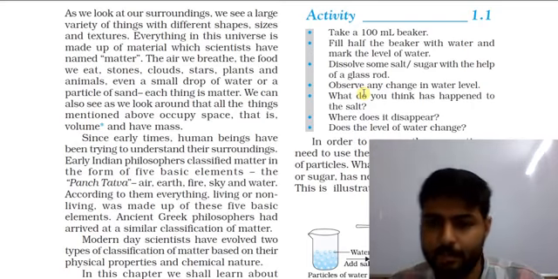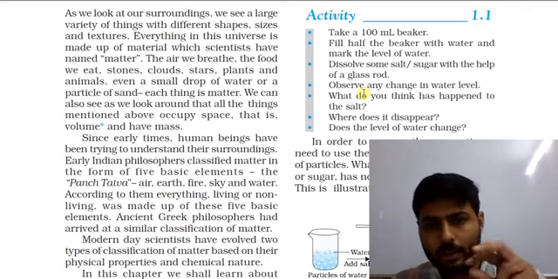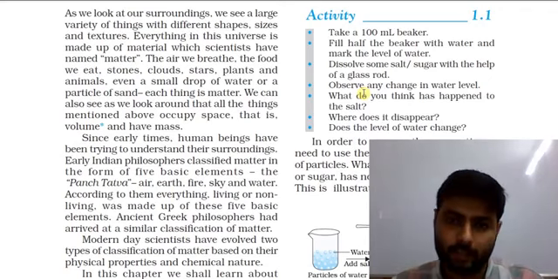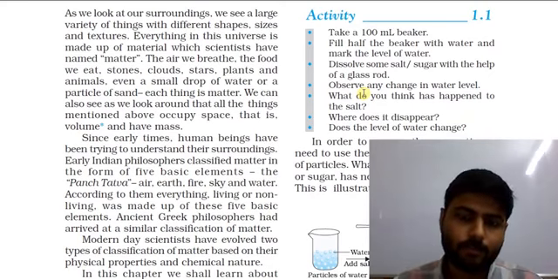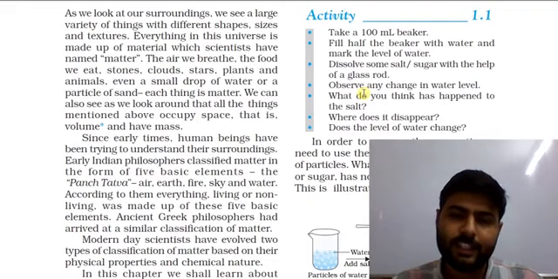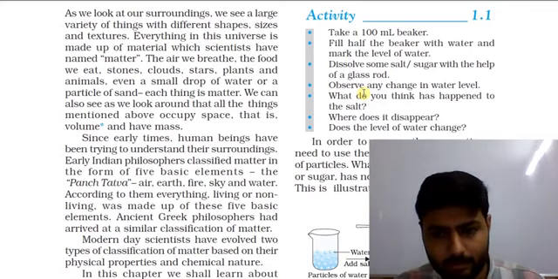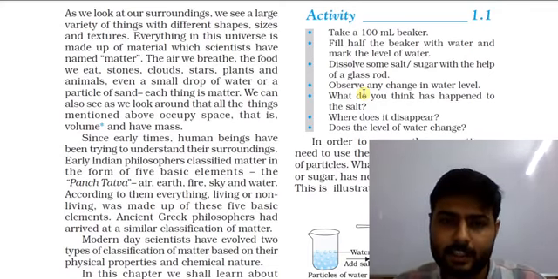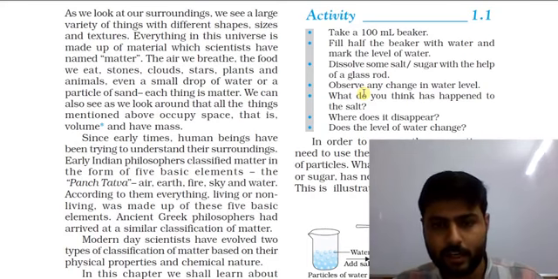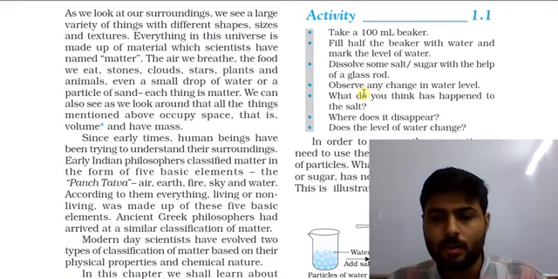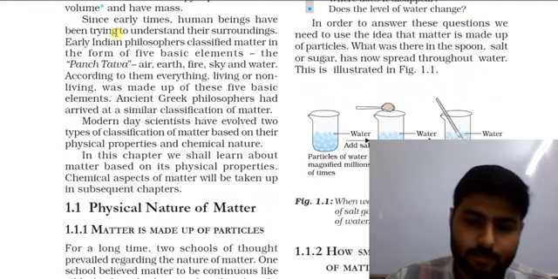What do you think has happened to the salt? Salt dissolved in water. We say that salt is mixed with the water, so it is dissolved in water. We will study dissolving and dilution in depth in this standard also. How does it appear? Here we can see in the figure